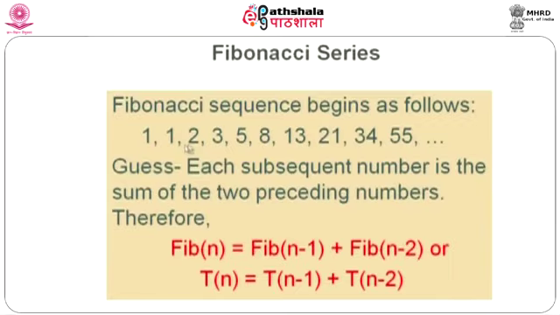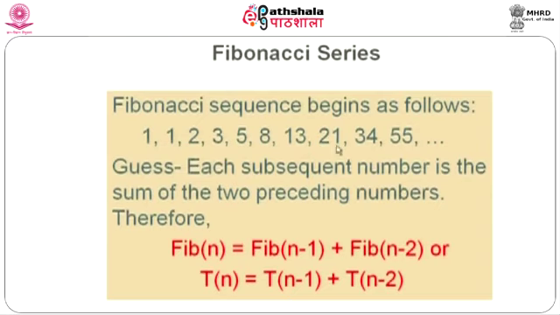Let us try to understand how the recurrence equation is formulated for the Fibonacci series. The Fibonacci series is given here: 1, 1, 2, 3, 5, it goes like that. So, now the question is how to formulate the recurrence equation. For that, we have to understand how this sequence is formed. It can be observed that every number is computed as the sum of the 2 preceding numbers. For example, 8 is computed as the sum of 3 and 5. We can say 34 is obtained by the sum of 13 and 21.